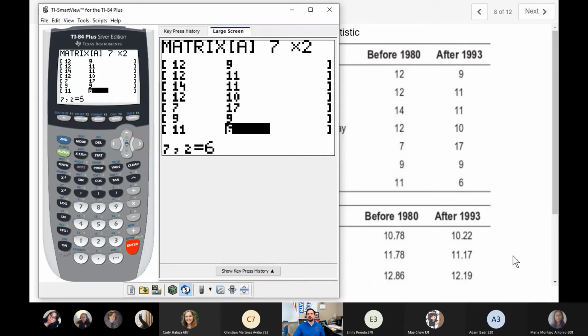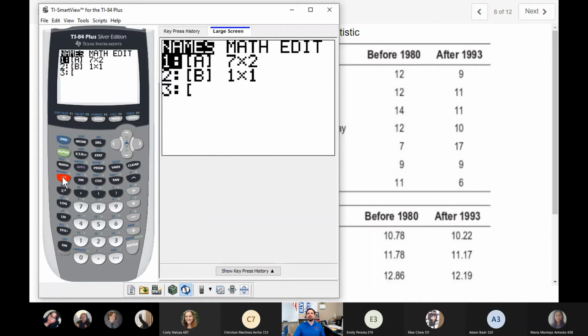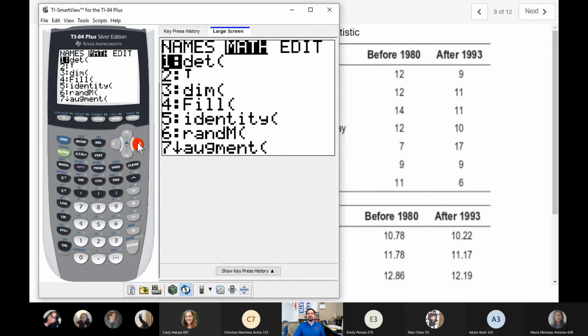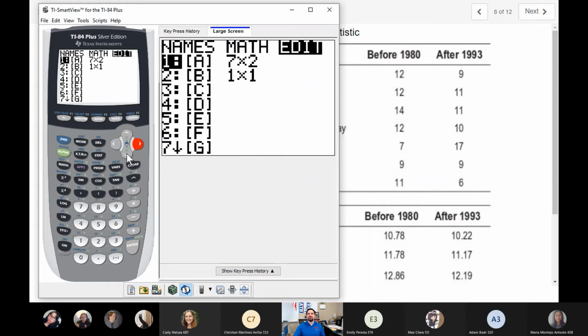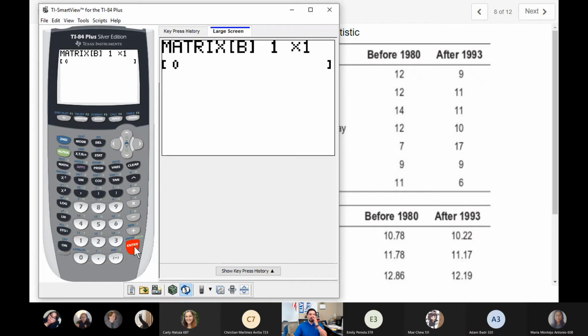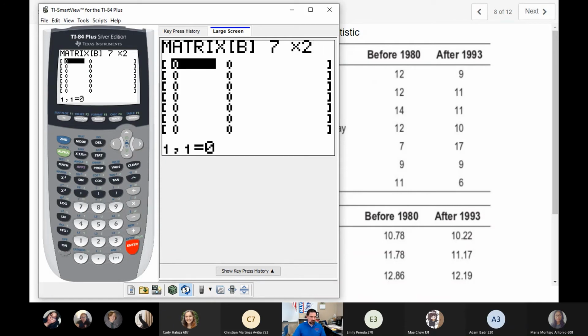Next, we'll go to second matrix again, go over to edit, and go to matrix B. And we'll set this one up again as a 7 by 2 matrix, 7 rows by 2 columns. And now we'll put in all the other values here. We've got,